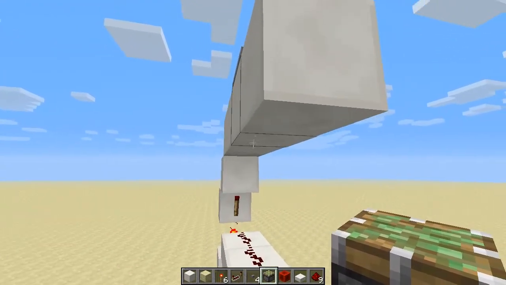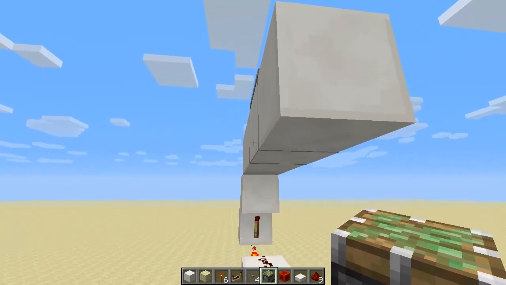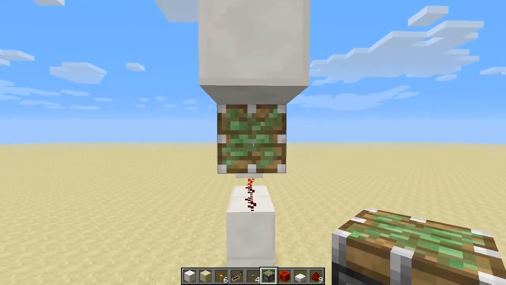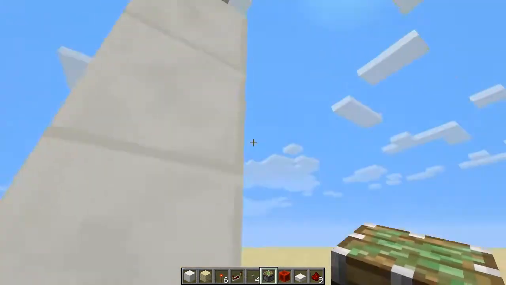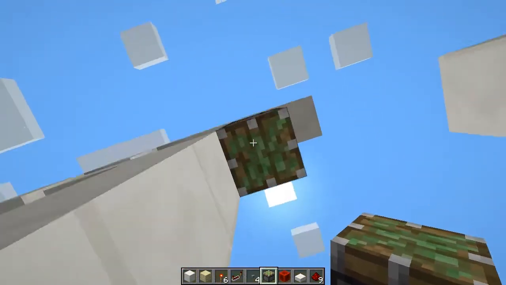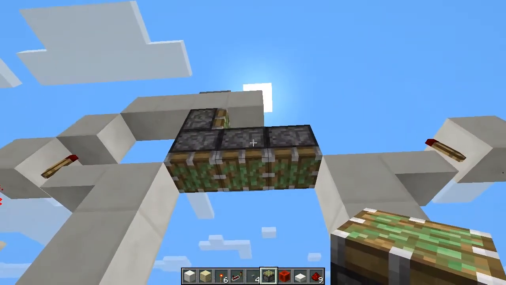place a piston below the repeater. You can just see it there, so the second block away from you, facing this way. Now this piston could be sticky or it can be regular, it doesn't actually matter. And we can jump down here, place a piston facing down, so this one has to be sticky, below that one, and then 2 more along that way,